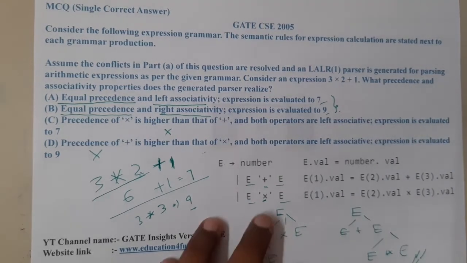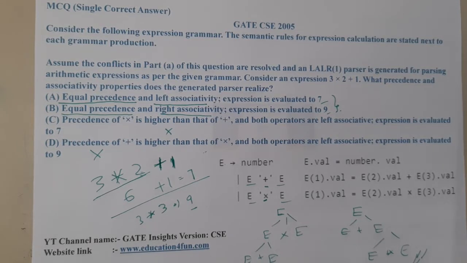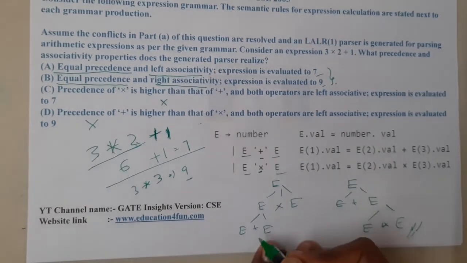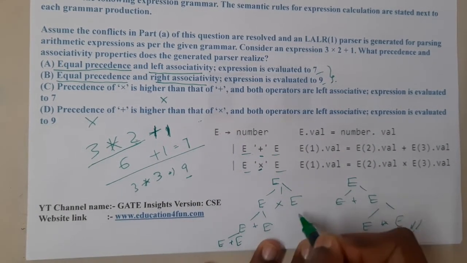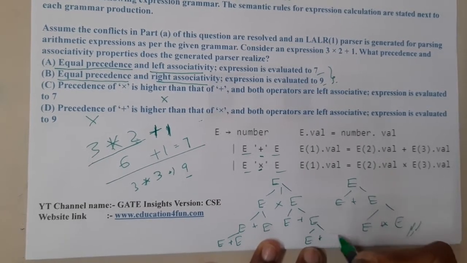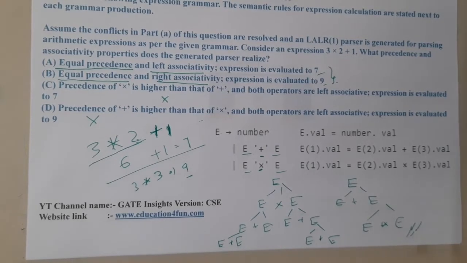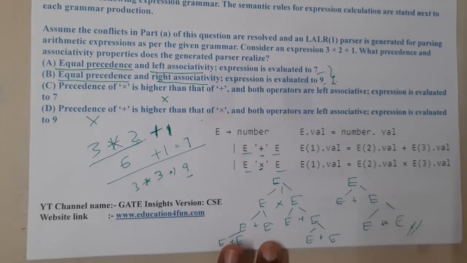Or can we directly say which associativity it is? Can we really say that? Okay, let me concentrate, guys. Let us try to find about this plus. I will generate E plus E here, then I will generate E plus E here, and E plus E here. Among these two E's, which you solve depends completely on your wish, right? Just give me a second, guys. I'll be cross-checking the answer that is given, and based on that I will check why it is.